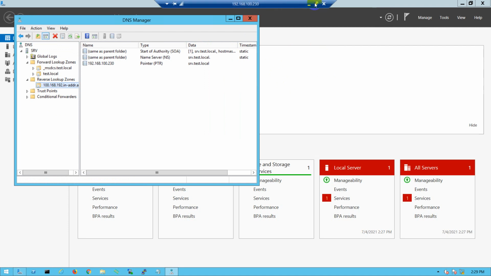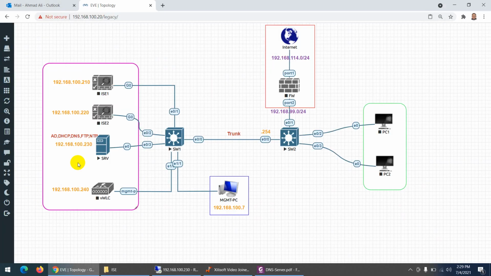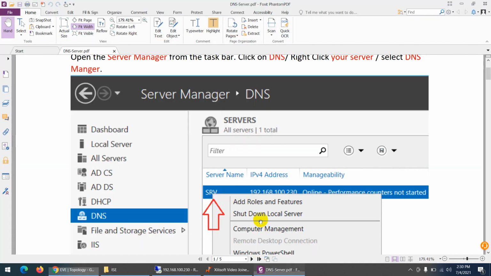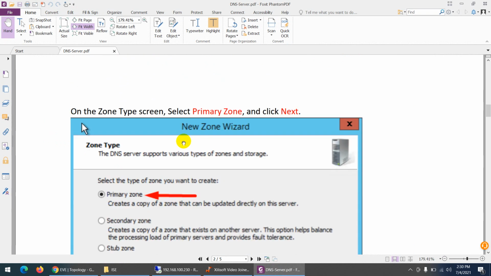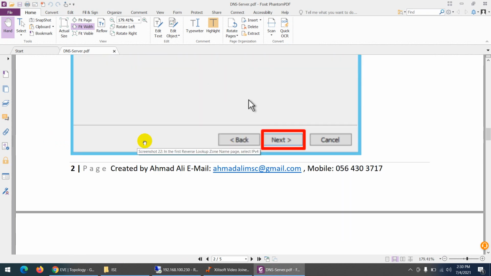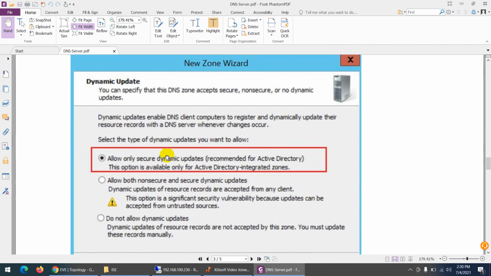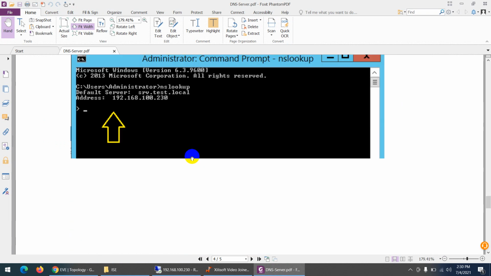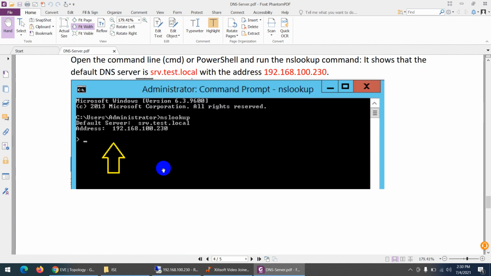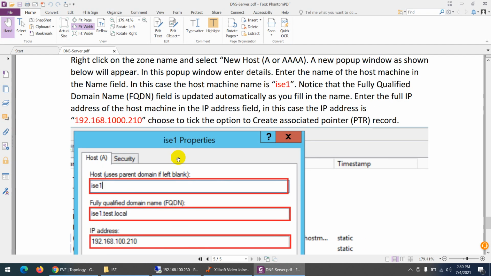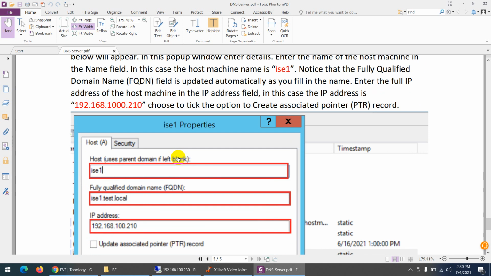But I need to put two more things. These two ICE details. Later on, when we configure ICE1 and ICE2, I will use ICE1.test.local and ICE2.test.local. Test.local is our domain. So let me show you, these are the steps which we follow: primary zone, then we type the network ID, keep the same, and then we check it's okay. And these are the two hosts we need to configure.